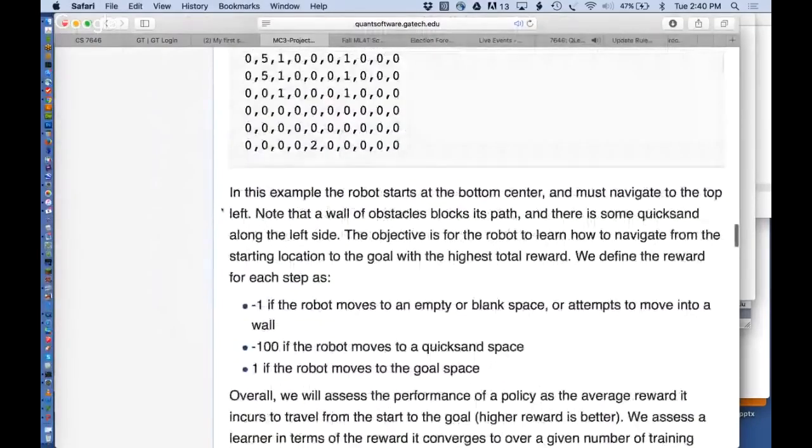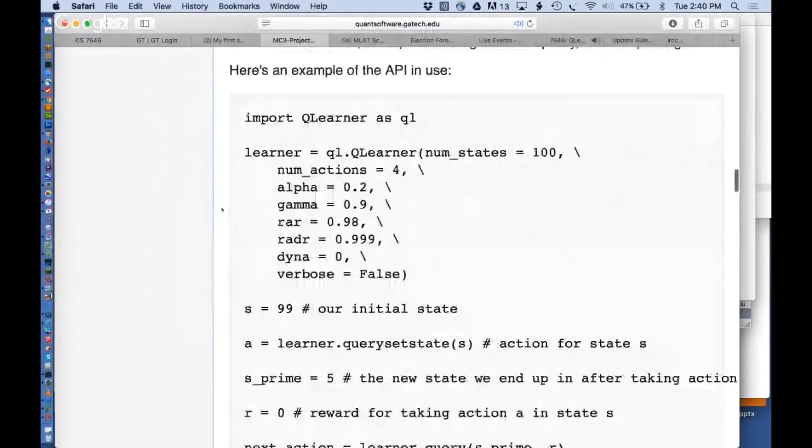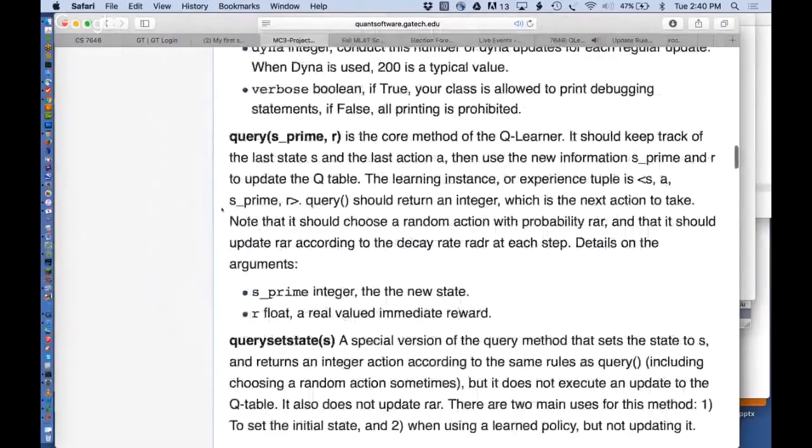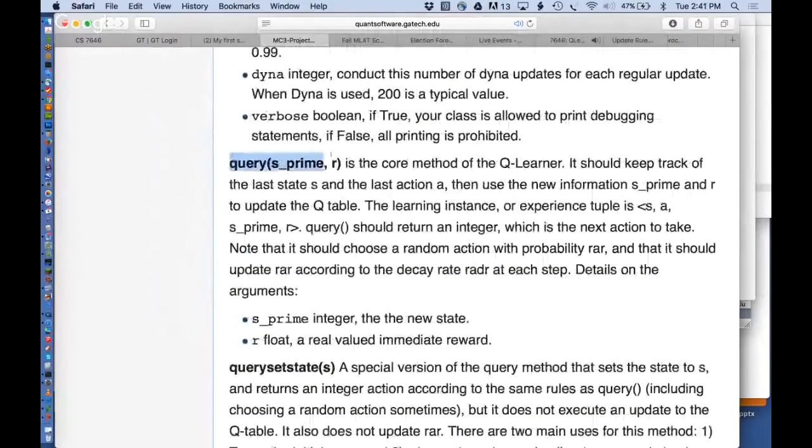So to repeat, let's go back and look at the functions you need to implement. Again, the query function is the heart of your QLearner. And remember, the core is that update rule. In order to complete an update, you need to have state, action,